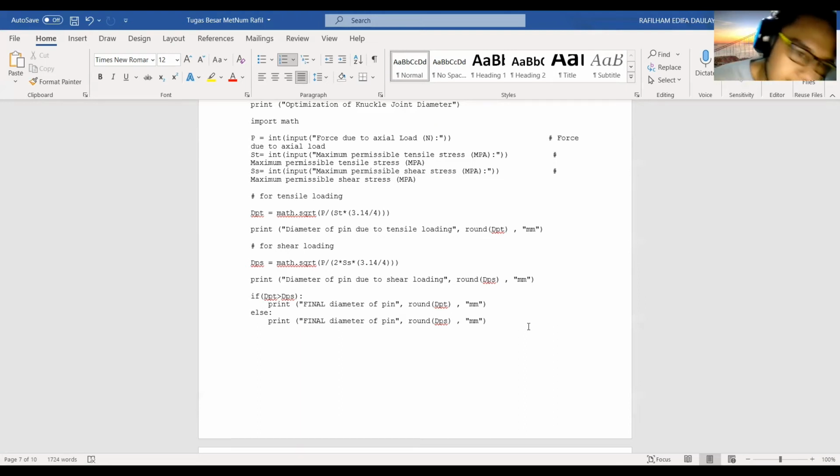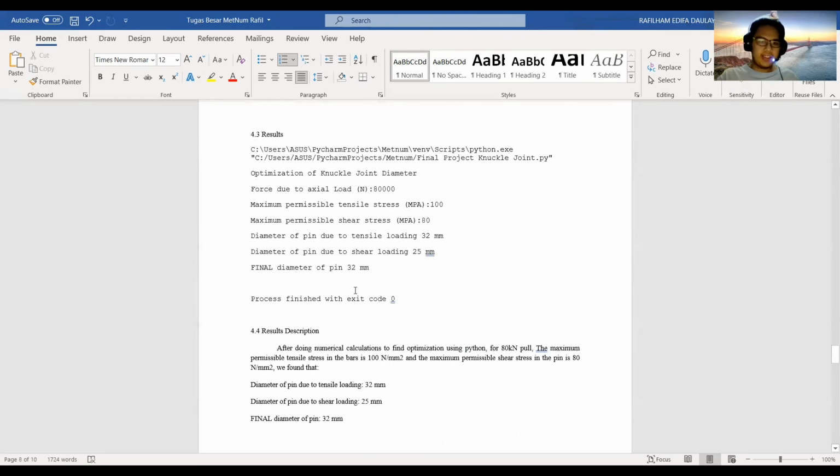Because the diameter according to maximum permissible tensile stress and the diameter according to maximum permissible shear stress are different. But we need to make the final diameter of the pin, because we cannot make two pins. We only need to make one pin. So we need to get the biggest one. Why? To make it safe, because the bigger the pin is, the safer your knuckle joint will be.